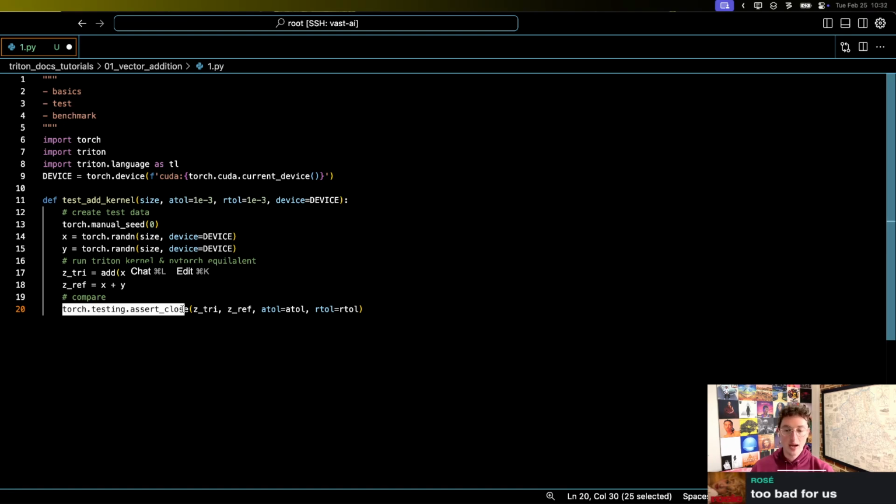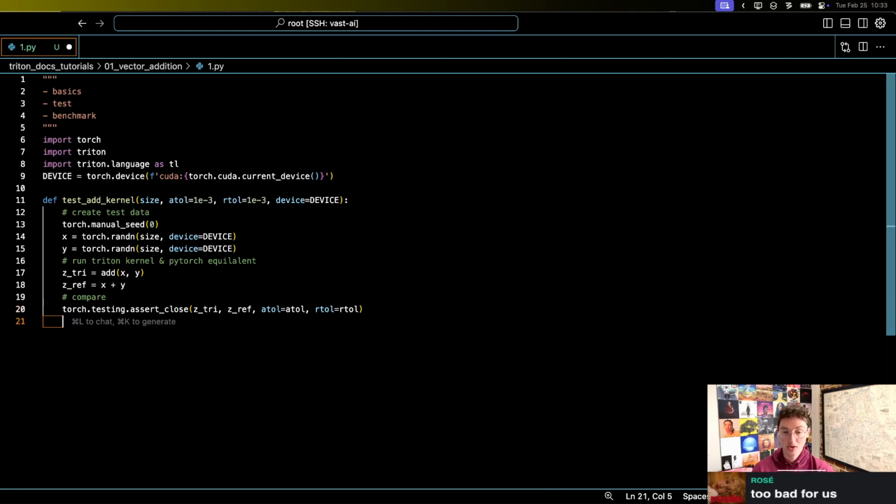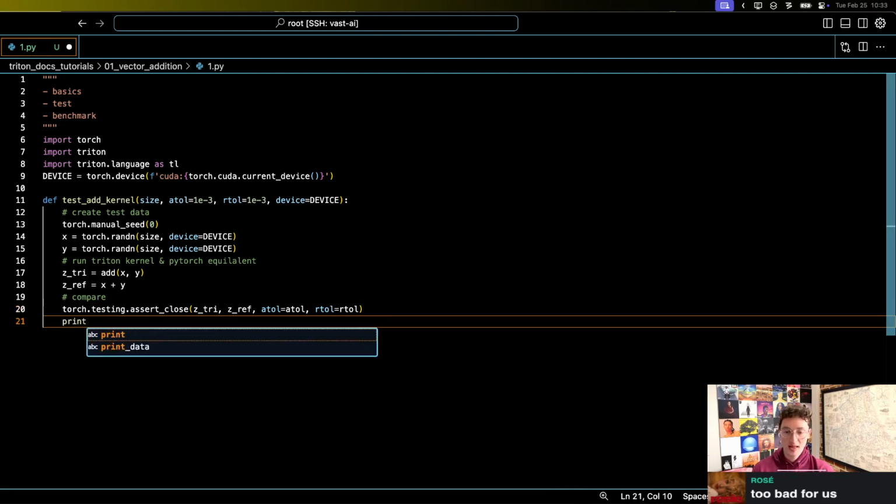Meaning that oftentimes you can tell from the percentage, is my kernel just way off, or is there just like a very tiny little error that might have to do with a relatively small error? You might be able to tell something about your errors based off what percent of the entries are actually incorrect in the two tensors. And then if that does not throw up an actual error, we can just print passed,